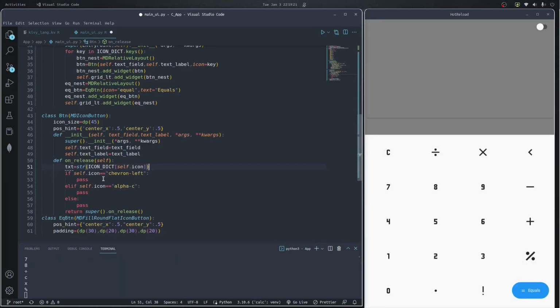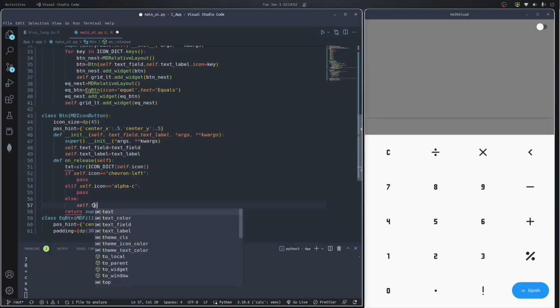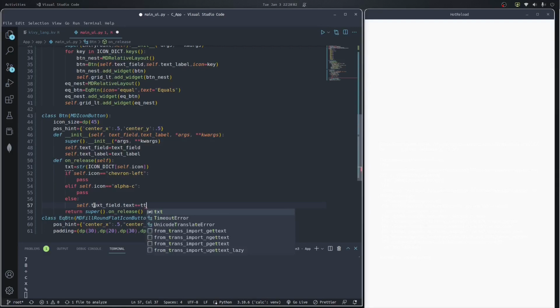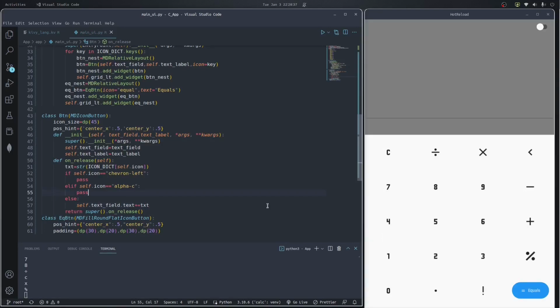After associating each key with a certain value, we want to be able to add this value to the text field. And because the operation associated with passing input to the application is handled in the else block, we are going to get the text field, and we are going to get its text property and add the txt value to it. Let's see if this implementation works. So I'm just going to pass 7, 8, 9. So we are able to pass input